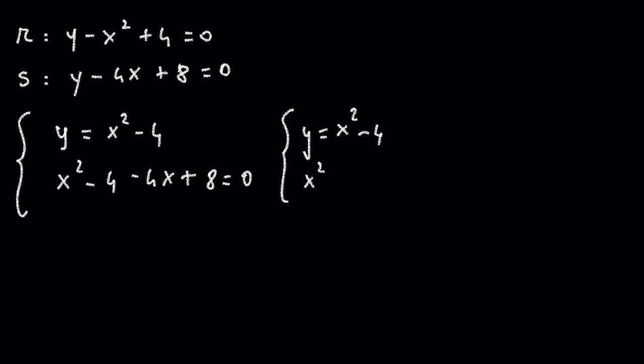So this is x squared minus 4x plus 4 equals 0. This time we end up with a quadratic equation. If you remember, the quadratic equation formula is the following. If you have an equation like this,